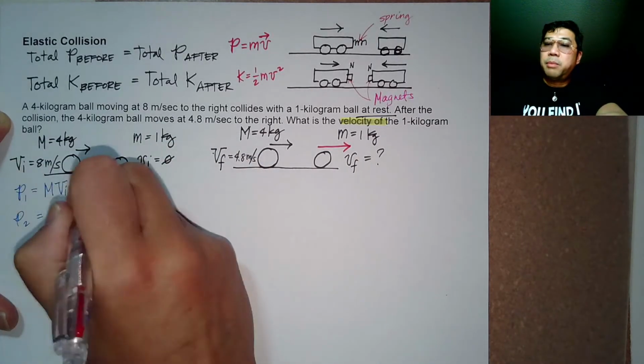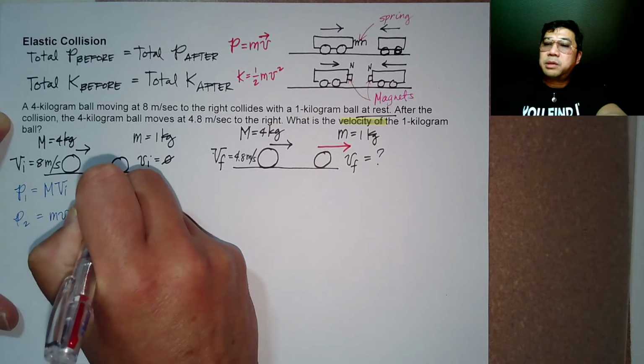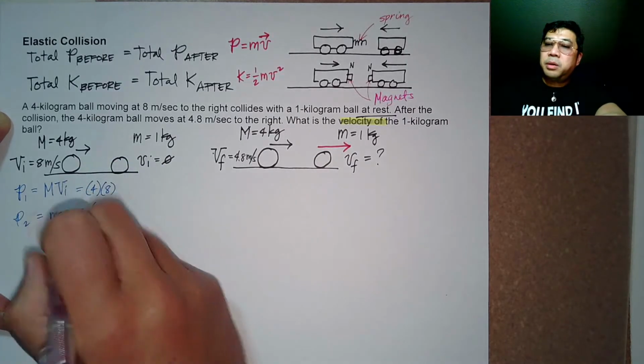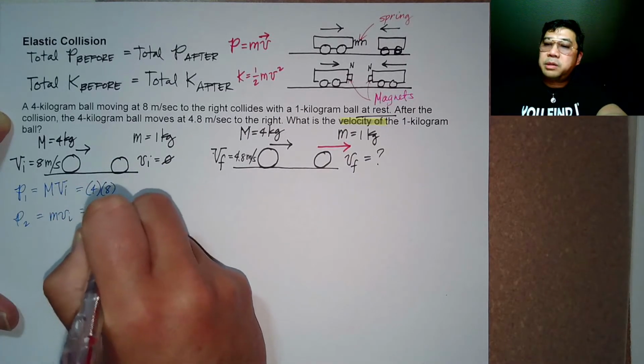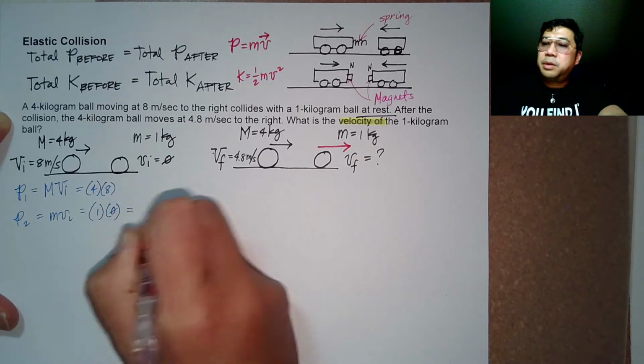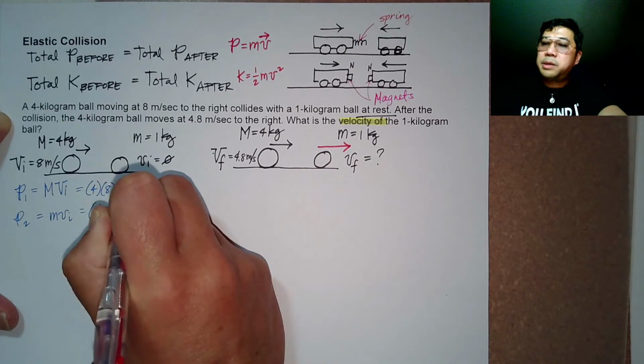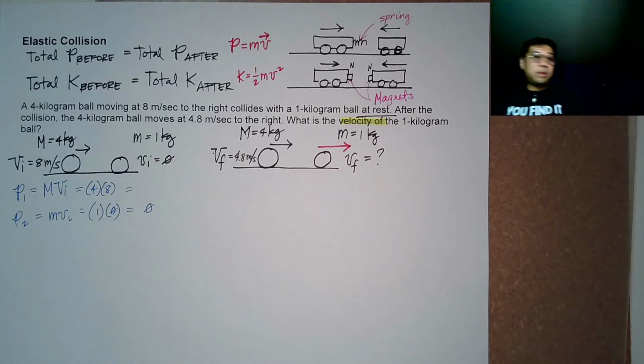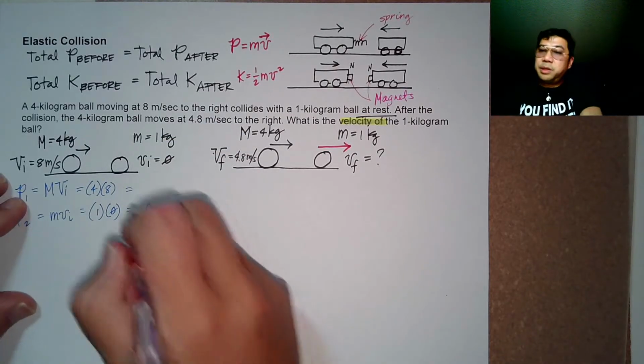So our mass is 4 multiplied by velocity of 8. Mass of 1 multiplied by velocity of 0 because it's not moving. Any number multiplied by 0 is 0. 4 times 8 is equivalent to 32. So this is 32